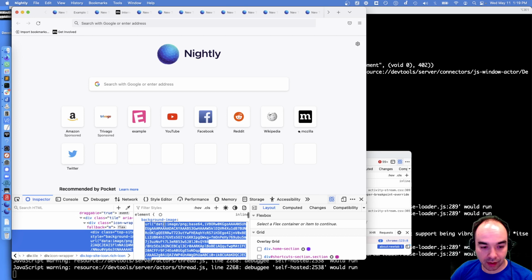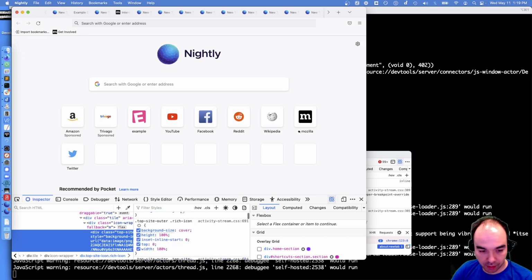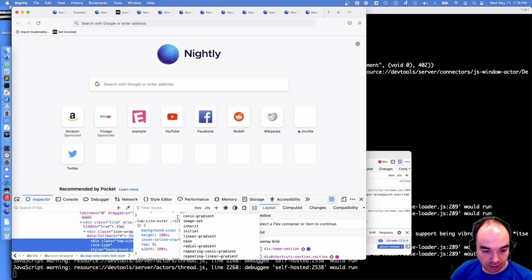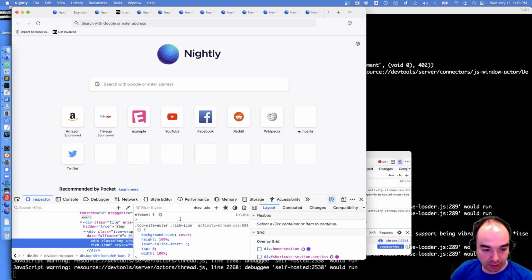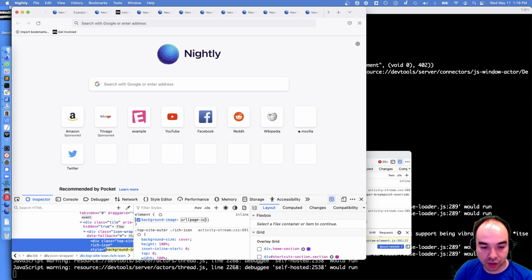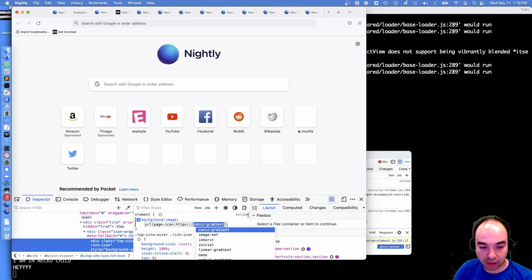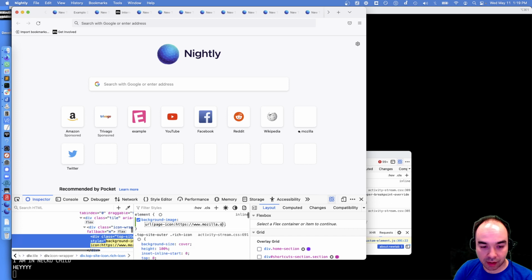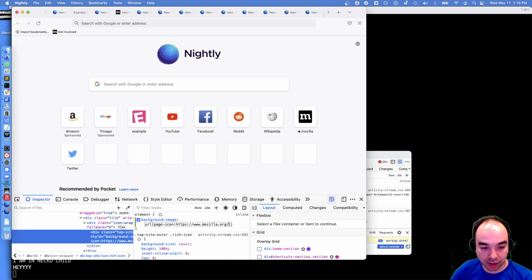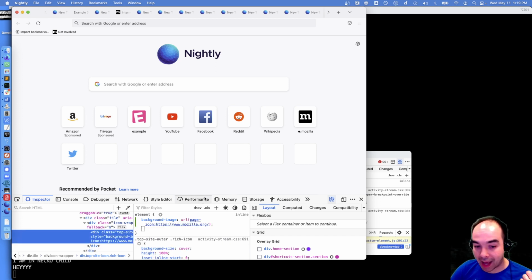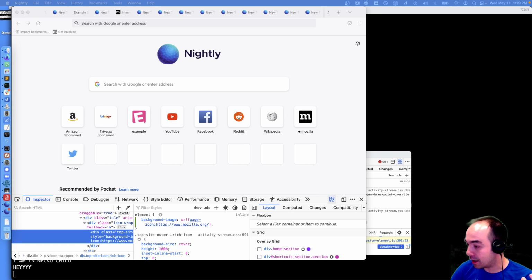I'm just going to get rid of all that, and I'm going to say, oops, background image, URL, page icon, www.mozilla.org. See, it works. I've gotten it to work. That's because I've got a patch applied. That's cool, that's good. Look how much shorter that is compared to that massive data URI.